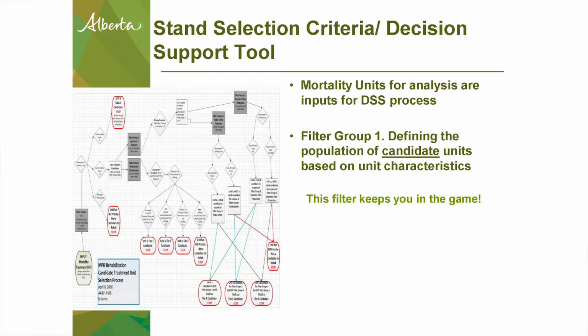So if it's not going to be efficient to do any rehab work in it, it's not a good candidate. It can't be out in the middle of nowhere, which costs us 2 or 3 times as much to do the work. It's just not efficient. And what is the likelihood of independent recovery? So if we don't touch that polygon, will it recover on its own? That's obviously a key input. Because if there's likelihood that it will recover on its own, we shouldn't spend it back there.